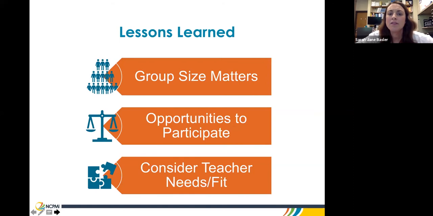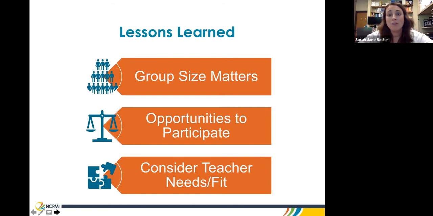And then another thing that I feel like we're still trying to figure out, but is also something to consider, is that not all people are a good fit for this format. Some teachers might benefit more from individual coaching.